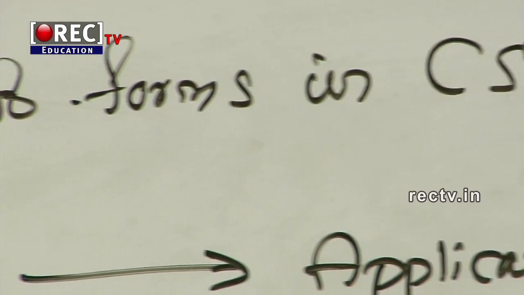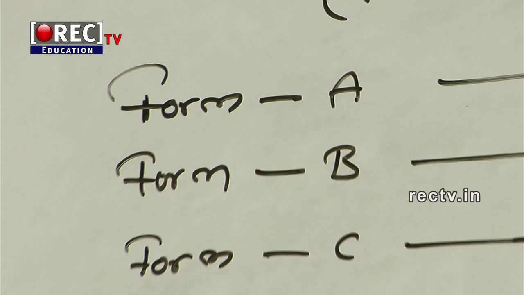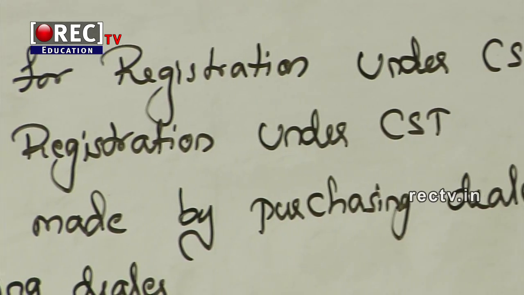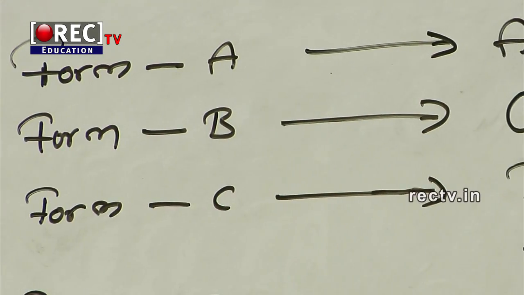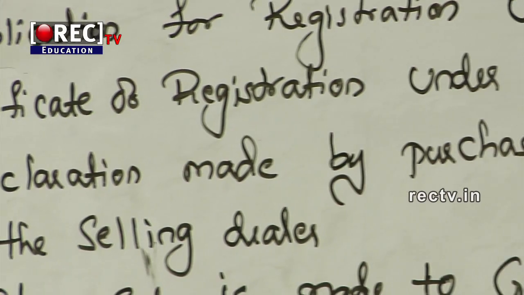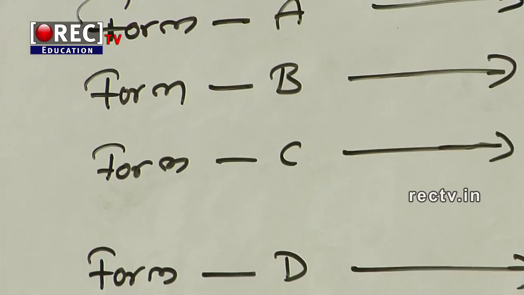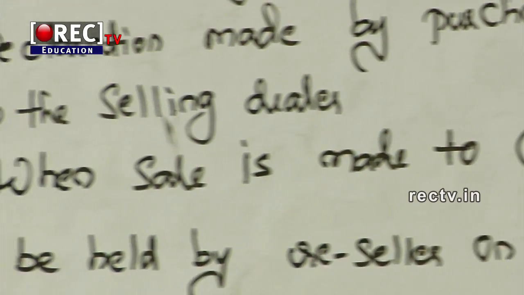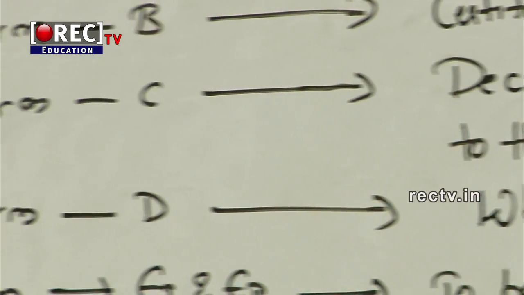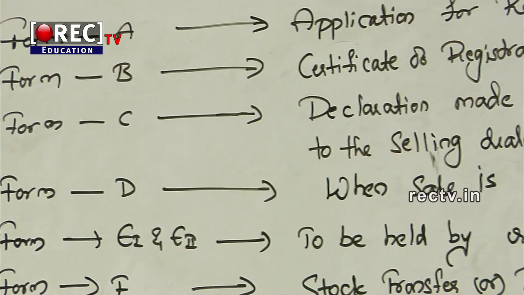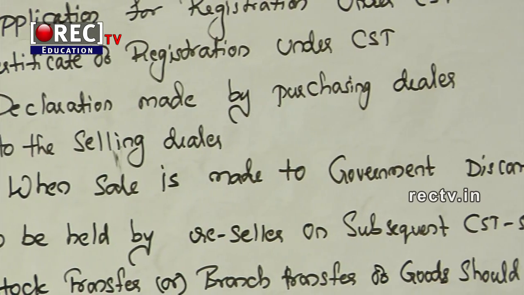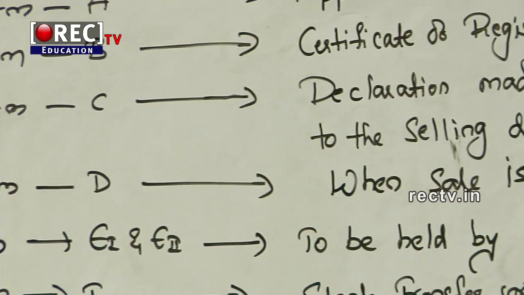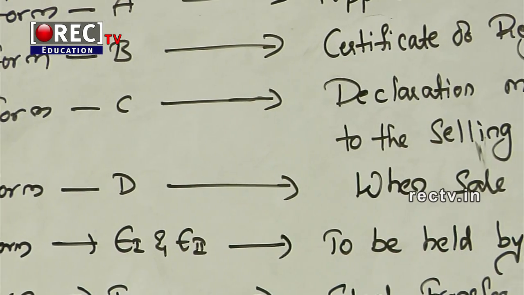This is a summary of forms in CST. Form A, application for the registration under CST, and Form B, a certificate of registration under CST, and Form C, a declaration made by the purchasing dealer to the selling dealer, and Form D, when the sale is made to a government, discontinued from the 1st April 2007, and Form E1 or E2